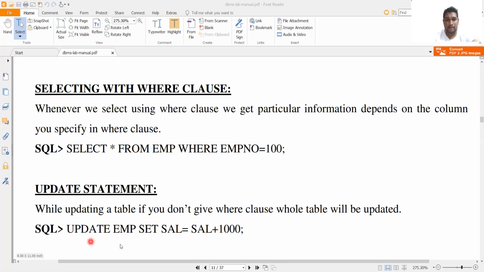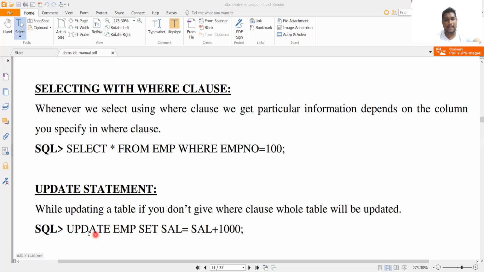By using this syntax, the total attribute values of that particular attribute are updated. For example, values from 1000 to 10,000 become 2000 to 20,000, because we increased the salary by 1000 for each and every user. If this is not the case, and you want to update only a particular employee's value, then if you use any condition, it should be a unique value.